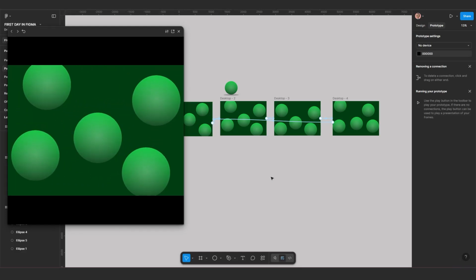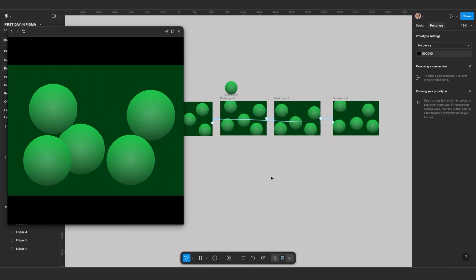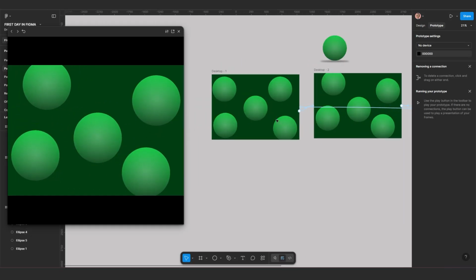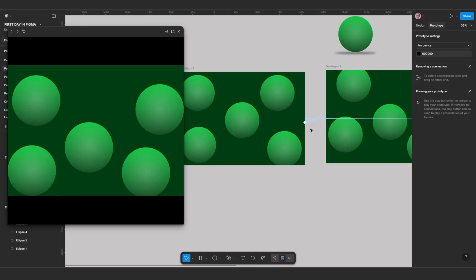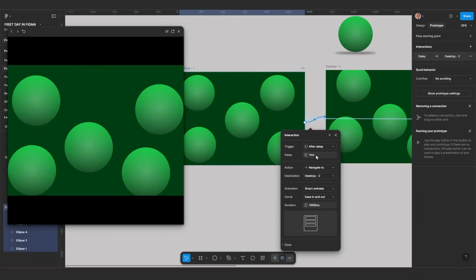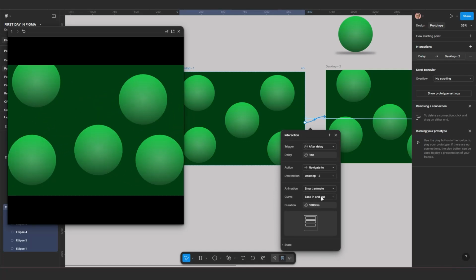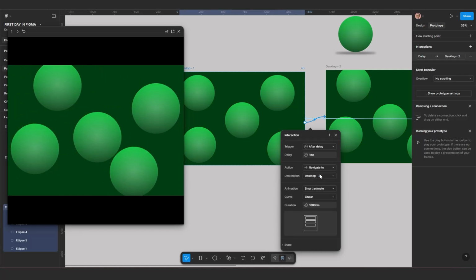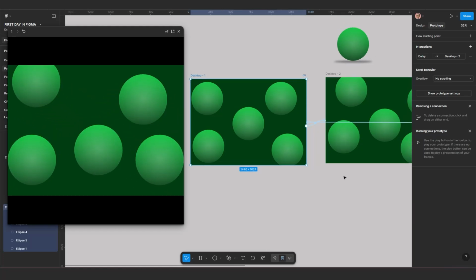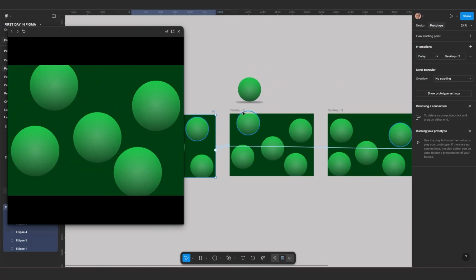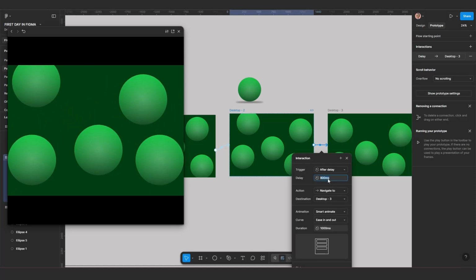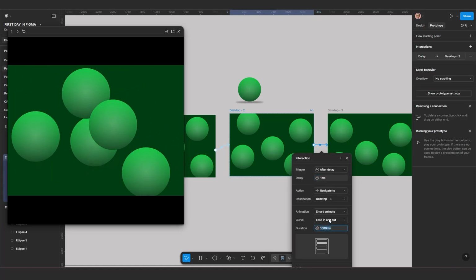What if you want it to move in a continuous manner, that is, let it not look like it stops anywhere? What we can do is come here, take the nodes, and make this 1 millisecond. That means there won't be any delay. Then if you want it to be linear, for instance, make it linear. That is, it will not make any slow kind of movement. Everywhere is going to be the same, so I'm going to change this to 1 millisecond, and then